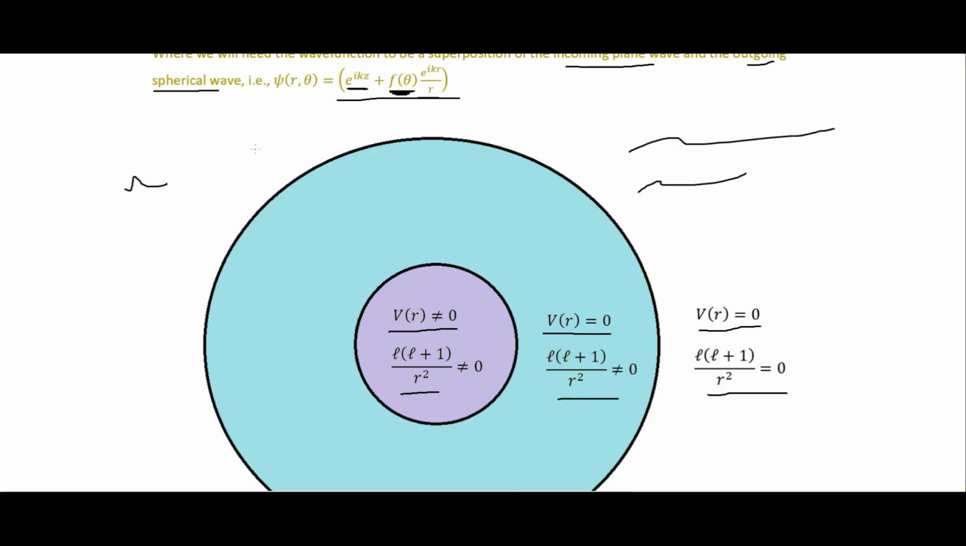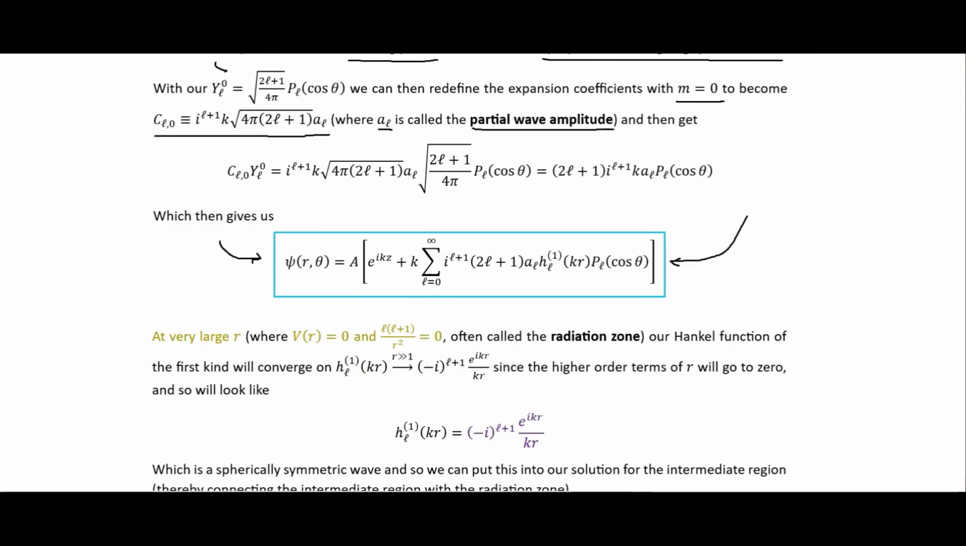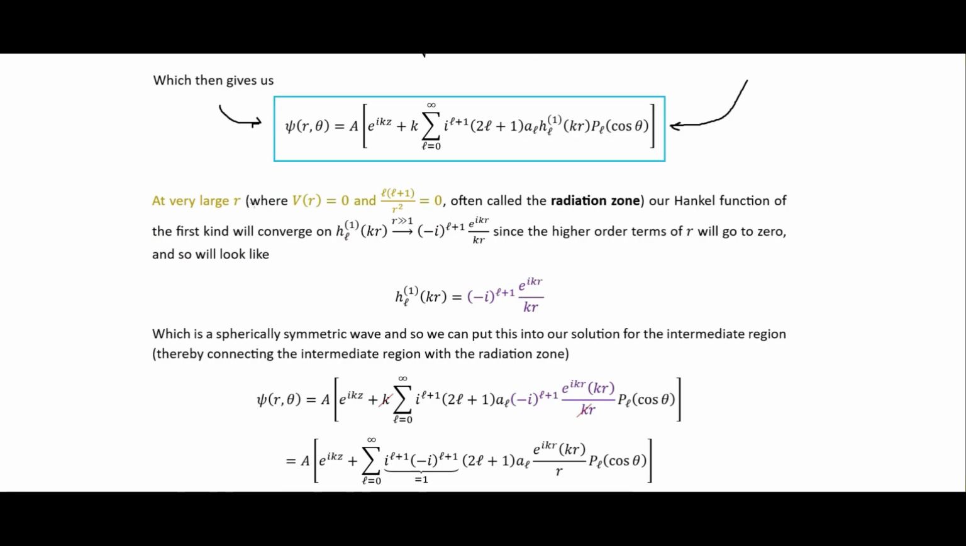We're now out here in this region outside of that, so at very large r. And so we can say that our potential and our centrifugal term are both 0. This is often called the radiation zone right here. So our Hankel function of the first kind, as I said, will converge on this because all the higher order